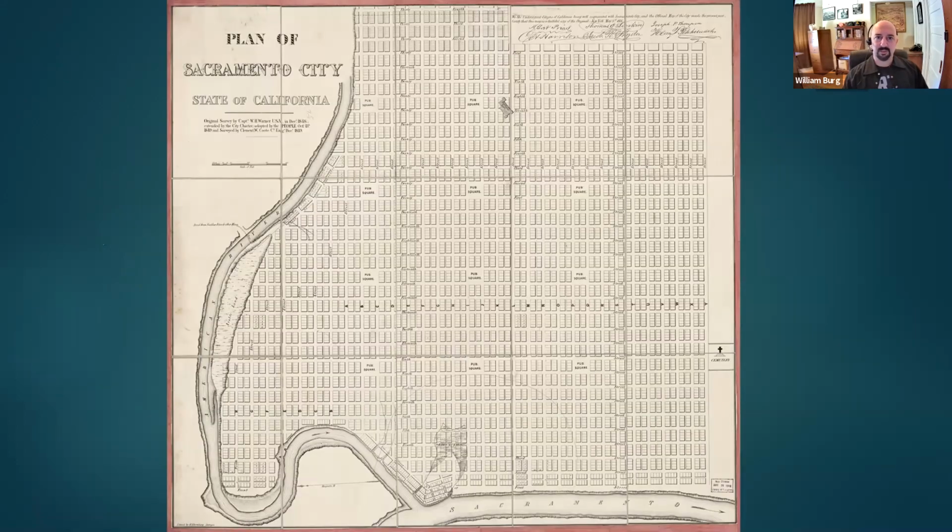Sacramento's city planning dates back to the gold rush when John Sutter Jr. paid Captain William Warner and Lieutenants Ord and Sherman to draw up a plan for his father's land alongside the Sacramento River. This used a very standard grid pattern that you see here, and you can see the original mouth of the American River, the Sacramento River along the southern end, and the Sutter's Fort all the way up towards the top at the eastern end of the city.